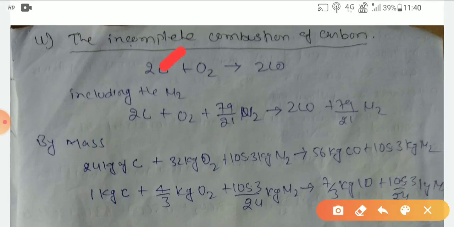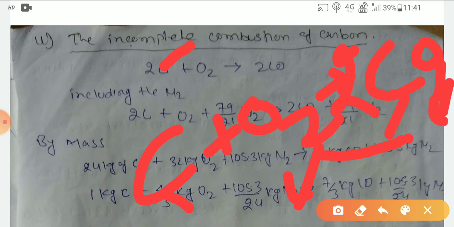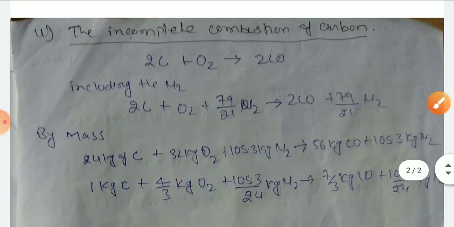So you can write here C plus O2 as our main equation to give CO. Here there is 1 carbon and also 1 carbon, but here there are 2 oxygen and on that side only 1 oxygen. So first we have to balance. Write 2 here, so the 2 oxygen are balanced on the right-hand side, but the carbon is unbalanced. Then I multiply by 2, and now that is our balanced equation.